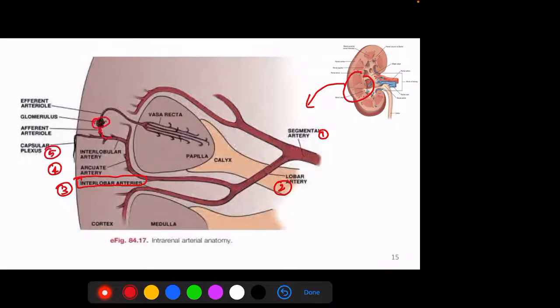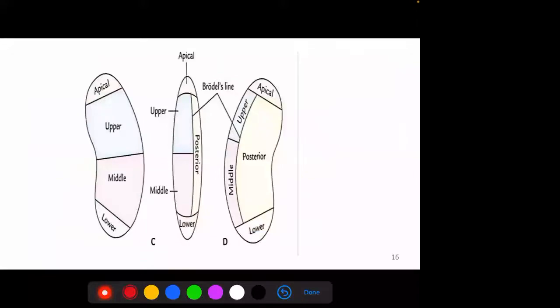So remember the names: segmental artery divided into lobar artery, divided into interlobar artery, divided into arcuate artery, then continued as interlobular artery, which is continued as afferent arteriole. Are you getting my point? An important MCQ is also the interlobar artery, which is damaged during PCNL if we do the puncture at the column of Bertini. So another important part about